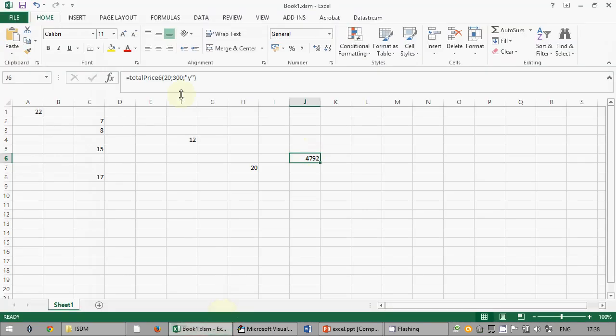So if somebody writes yes, even everything small cap, it will be considered a customer.